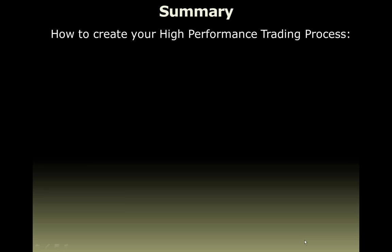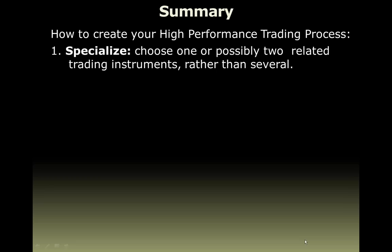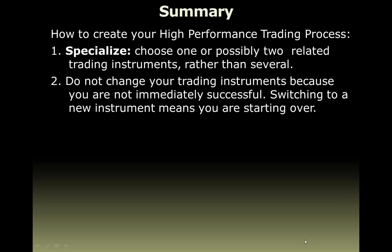So let's summarize. How to create your high-performance trading process. Specialize. Choose one or possibly two related trading instruments rather than several. Stock and options are related. Stocks and Forex are not. So choose one or the other and stick with it. Do not change your trading instruments because you are not immediately successful. Switching to a new instrument means you're starting over. So if you go from options to Forex, you're starting all over again because they're completely different. The analysis of the charts, the way the market moves, what information you need, what fundamentals you need to understand,